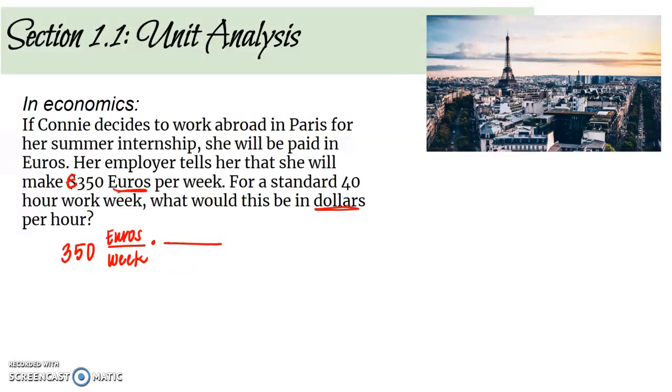For this kind of conversion, I probably want to go ahead and look up online euros to dollars and that conversion rate. $1 is equivalent to 0.88 euros. So if I look that up, I'm going to have $1 and 0.88 euros. Notice now that my euro units are going to cancel. So now I'm in dollars per week. So then I just